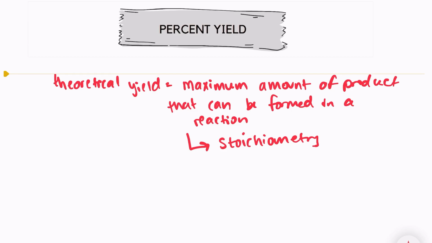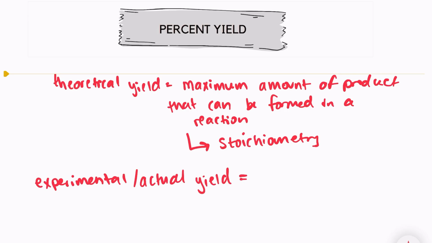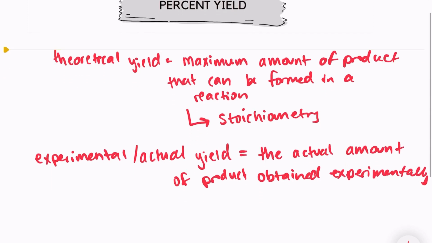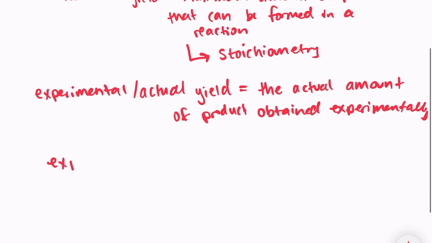However, there's another yield known as the experimental or actual yield. Both of those terms are interchangeable, the experimental or the actual yield. And that is the actual amount of product obtained experimentally. And the actual or experimental yield